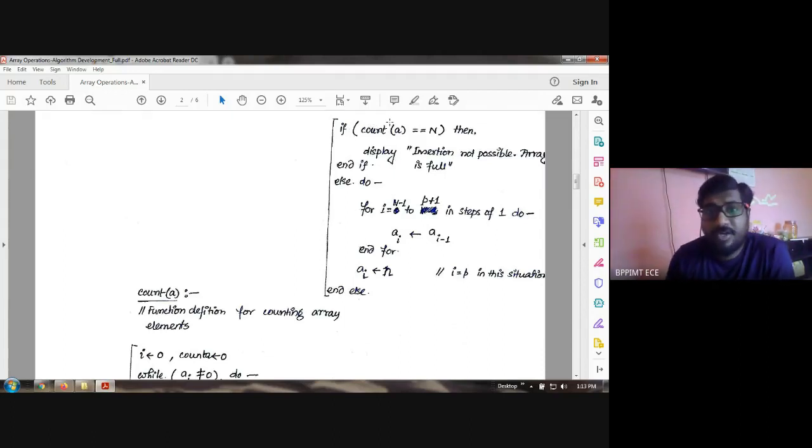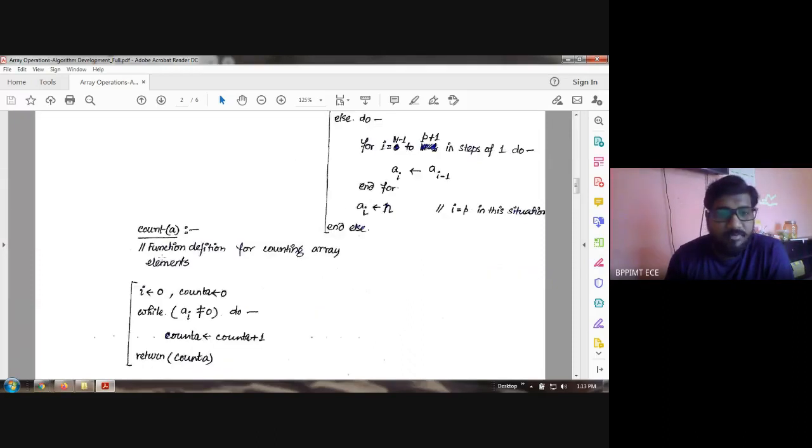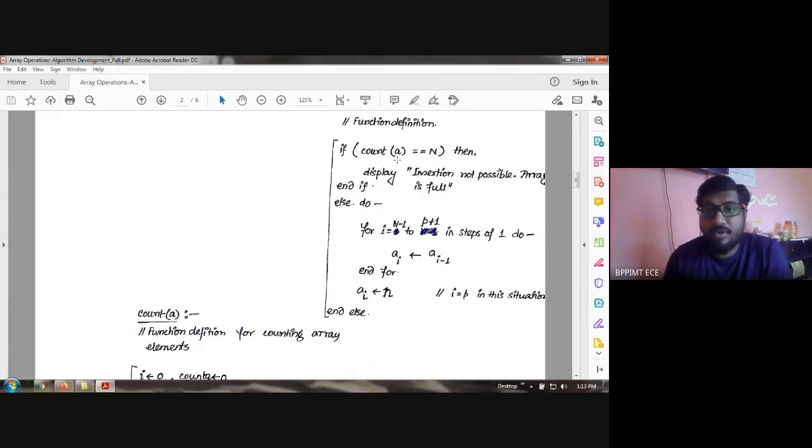So, if count of A means the function definition for counting non-zero array elements, and the number of non-zero elements is equal to n, where n is the size of the array, clearly we can understand that insertion is not possible. How to write that? If so, then display this message within double quotation marks, and end if. Okay, fine. Else, do